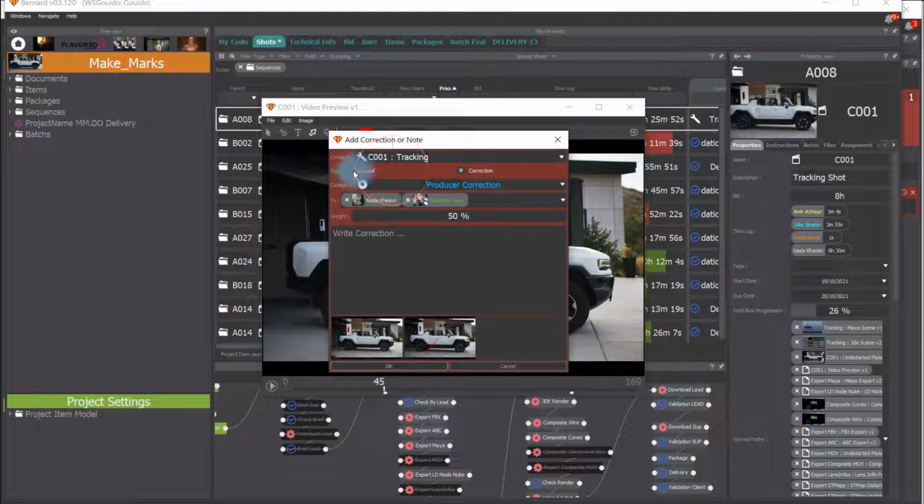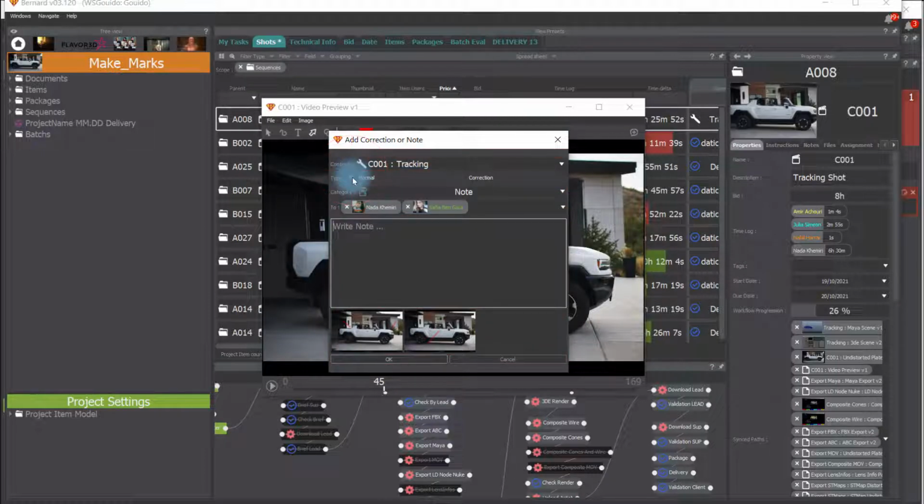And if I don't want to make it a correction, a retake, I can just make it a normal note. There I can choose which kind of task we are speaking about. Right now this is only a tracking task, but it could have been modeling, lighting, texturing, any kind of thing like this. And I just add any kind of comment. I said okay,